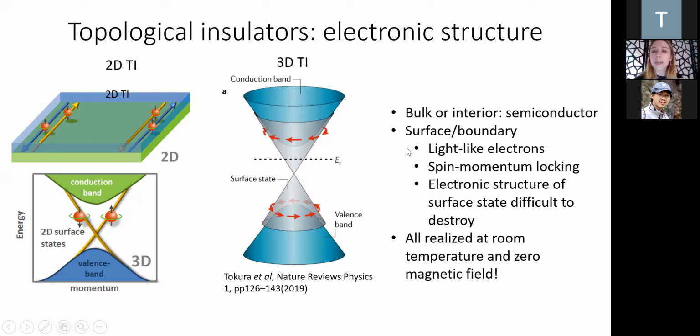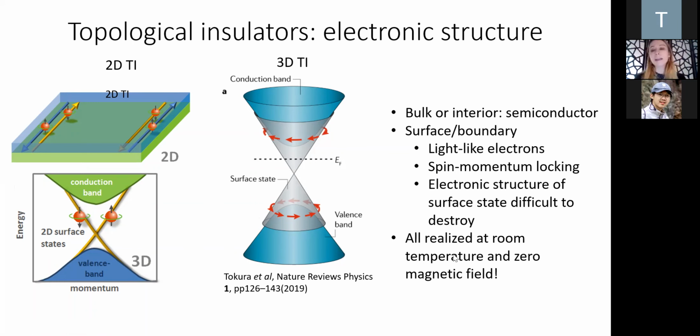So one thing that happens is you have light-like electrons. So the energy versus momentum. This graph doesn't have axes, but the y-axis is energy. The x-axis is two axes of momentum, and it's linear. So there is light-like electronic dispersion of states at the surface. And those surface states also have spin momentum locking. So that means that an electron that's moving in a specific direction has a specific